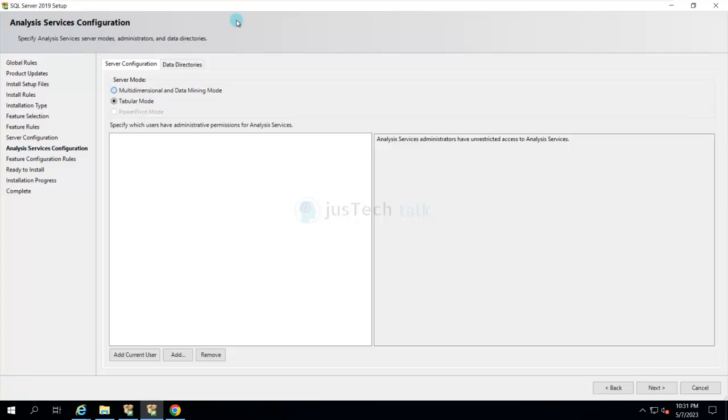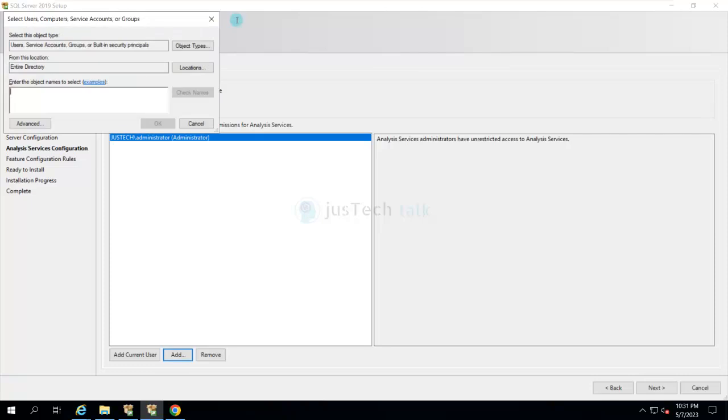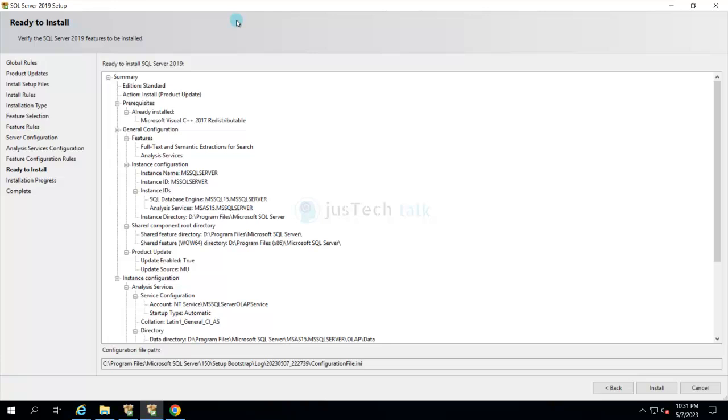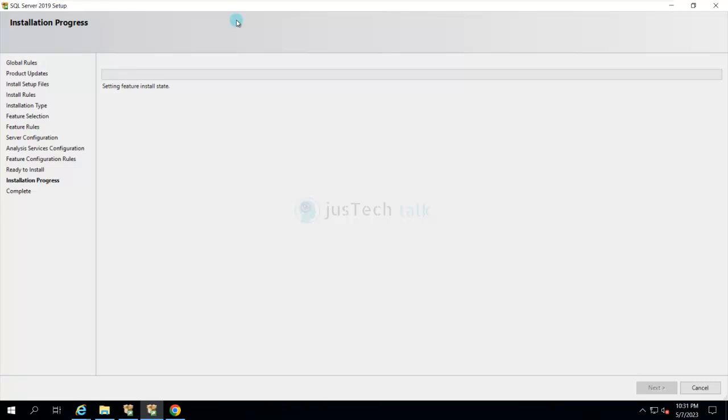So I'm going to click on this, add current user, plus I want to add a SASM user which I have created as my administrator in my domain, SASM admin, which I'm going to use for Matrix42, and I'm going to click on next over here and click on install. And now it is installing the rest of the features which were not part of my installation. So this way I'm going to prepare my SQL Server